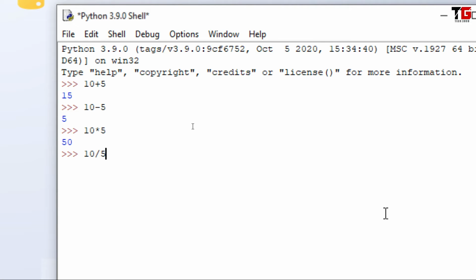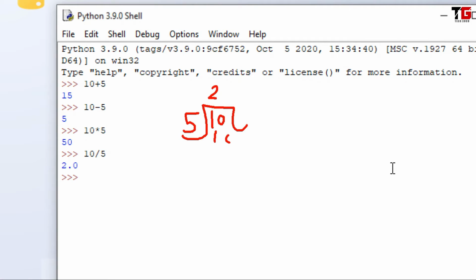Friends, this divide operator returns the quotient in float form. Just see, when I divide 10 by 5, remainder is 0, quotient is 2, but still it returns 2.0. It means this divide operator always returns a float value. That's why the result is 2.0.